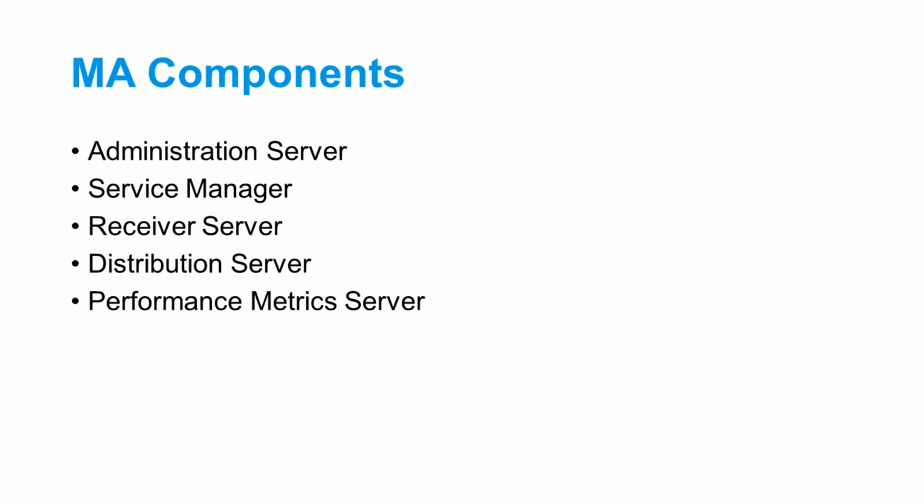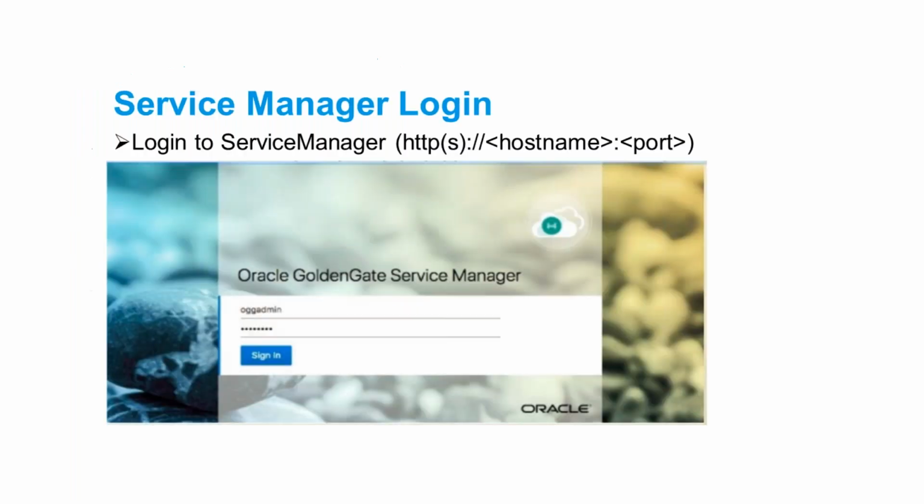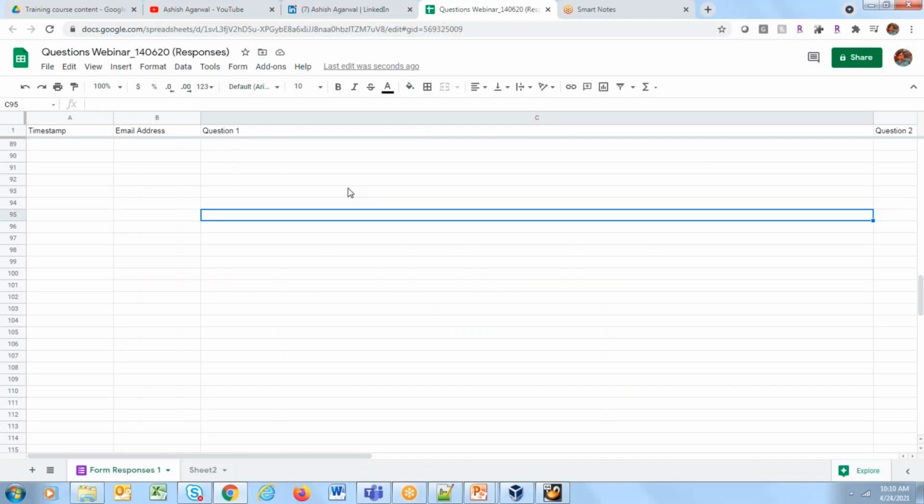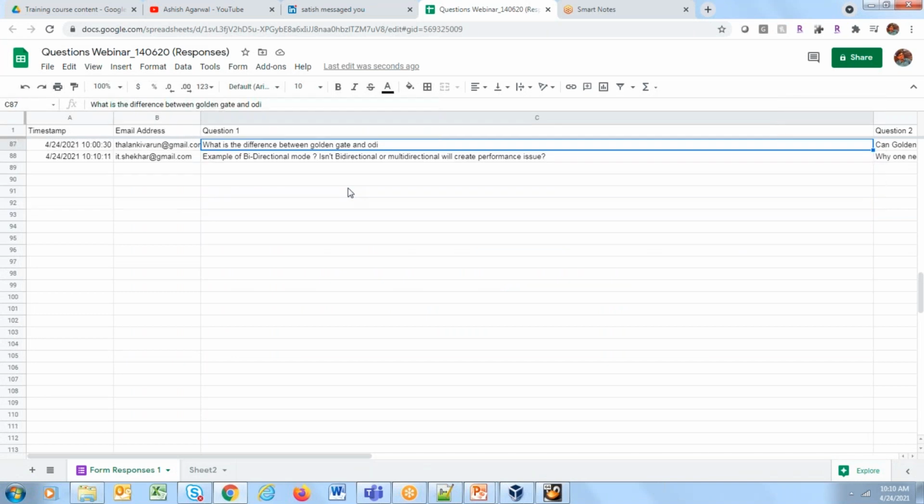Distribution server has replaced the data pump process of classic. It distributes the data from source to target, and then there is performance metric server where you can monitor the performance. So this is how service manager looks like. Now, one thing which I want to show you is, before I proceed,